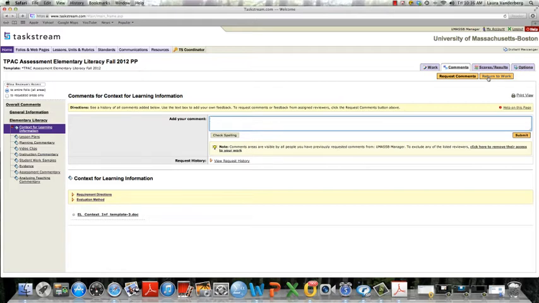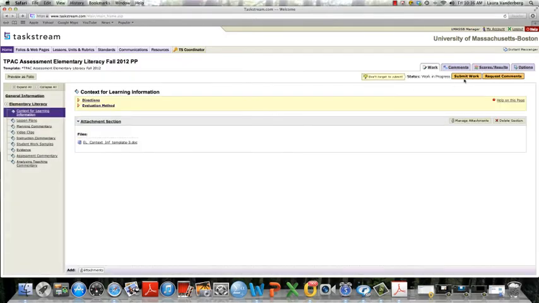Now let's pretend you are confident that your portfolio is complete and now you would like to submit it at the end of the semester for a grade. There's that button up top called Submit Work, and remember that when you click this button, this now is going to submit the entire TPA portfolio, all sections, not just one section, but all sections. So when you click Submit Work,